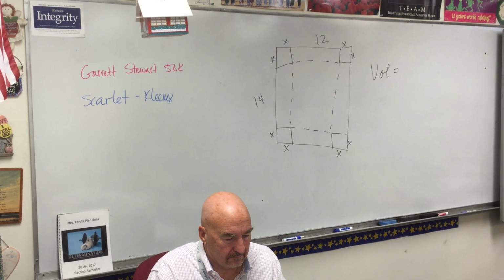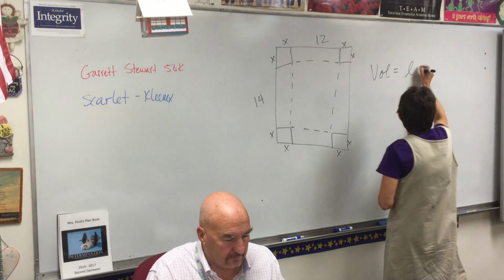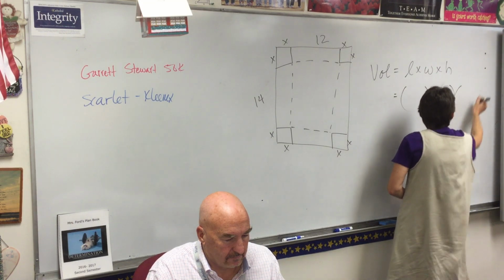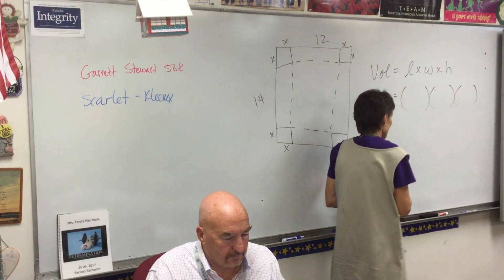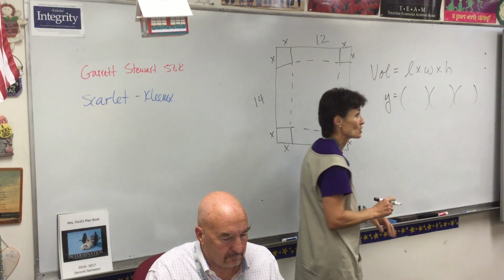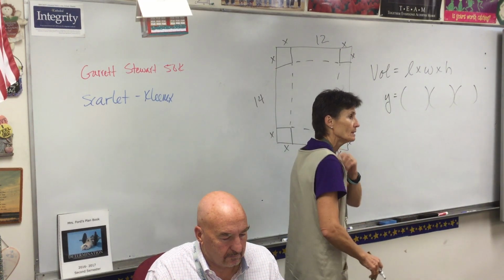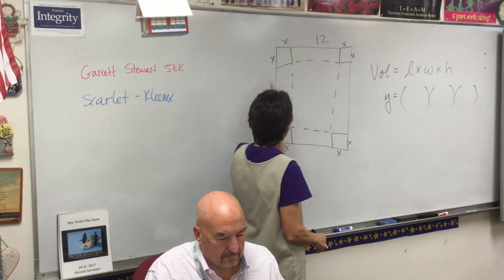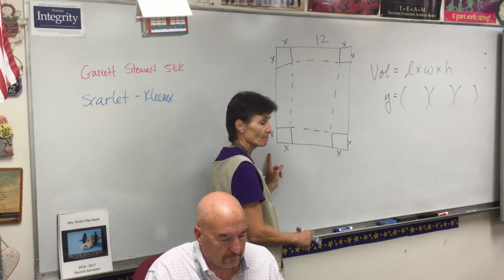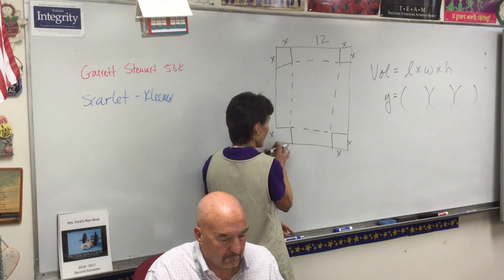This is easy. You remember from geometry that volume is length times width times height. So, I need to know the length, the width, and the height of my box. This is going to be my equation. Okay, this is where I'm going to eventually type into my calculator. So, the original piece of paper was 14 inches, but you cut an x off